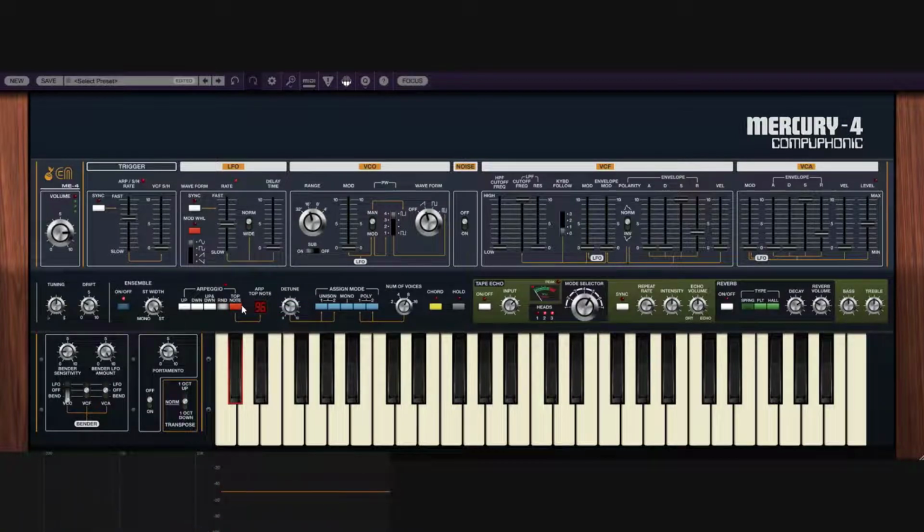And then we have something that says top note. What the F is this? Right, so I'm going to go back to a default patch and I'm going to be talking about this top note. It's a little bit weird. Now, of course, since the arpeggiator is a little bit weird, you have this, and the way the manual explains everything is that,